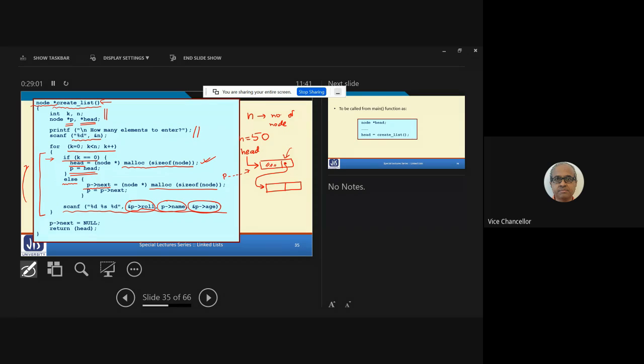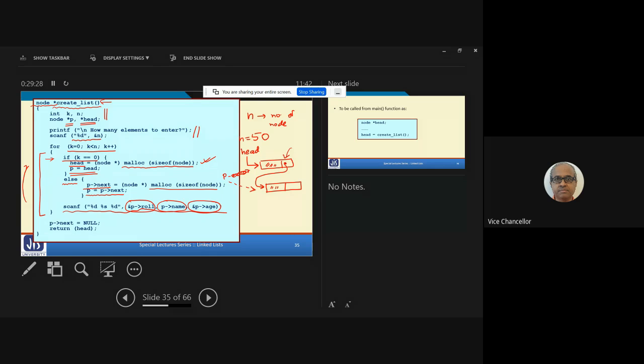And you are writing P equal to P next. So now P was initially pointing to the first element and P next is the second element, right? So now P will be pointing to the second element. Then you go to the scanf and read the data for the second student.